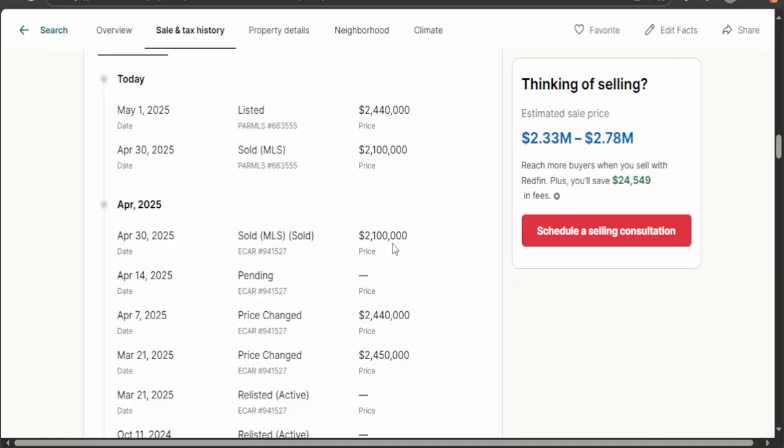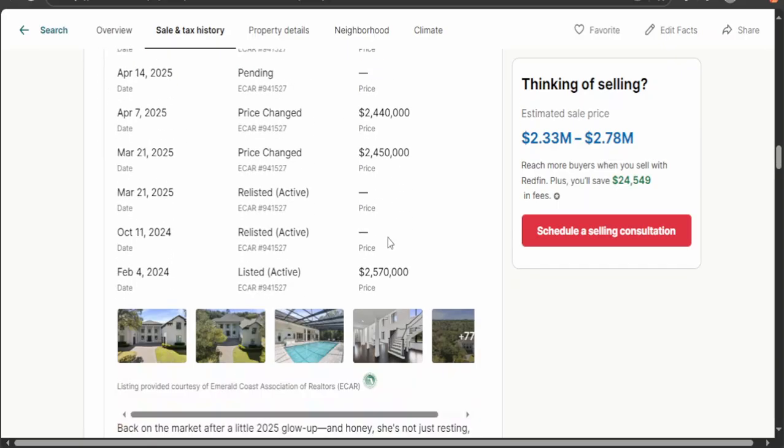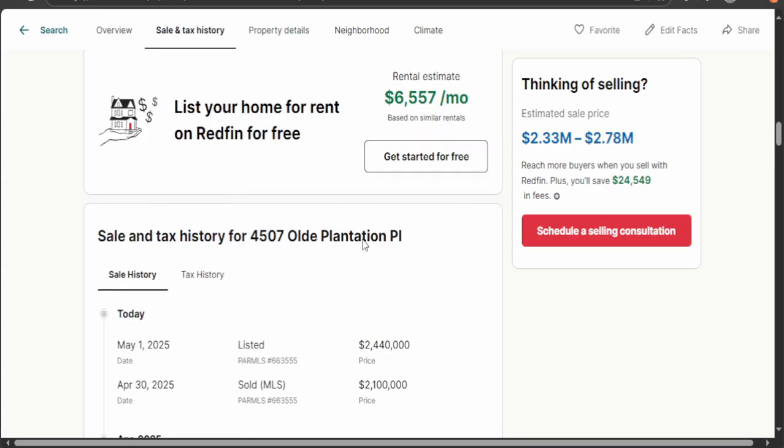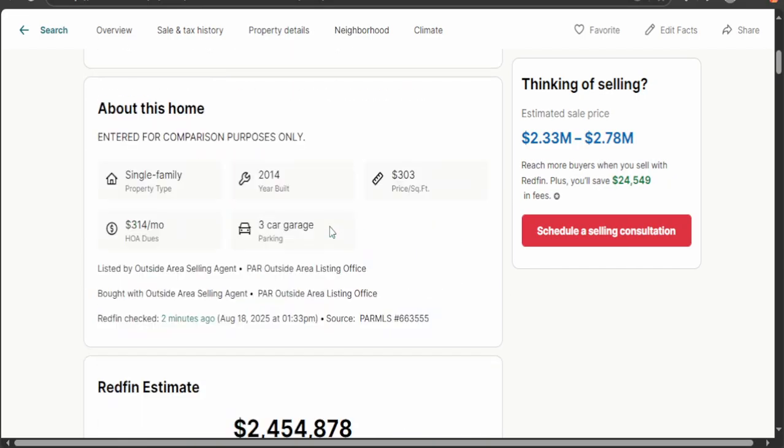I doubt the person that sold it, there's no way they could have done that. Sold it and then listed it back the next day at 2.4. No, they probably just sold it at 2.1 and then this still had it at the listing price, even though it had already sold. So they took a pretty large haircut on the home, but they still sold it for 2.1,